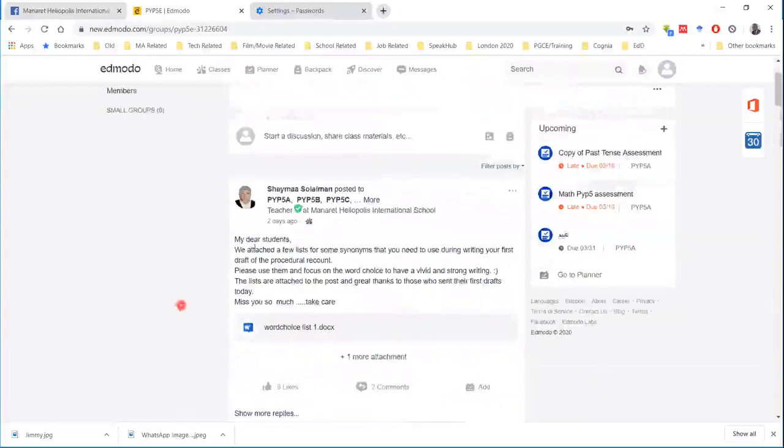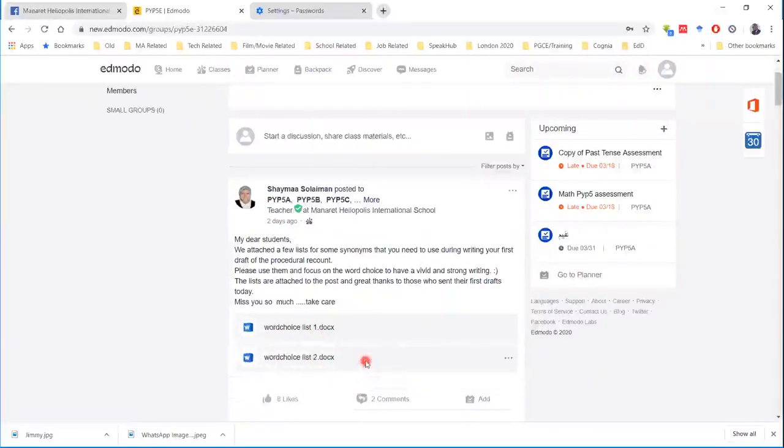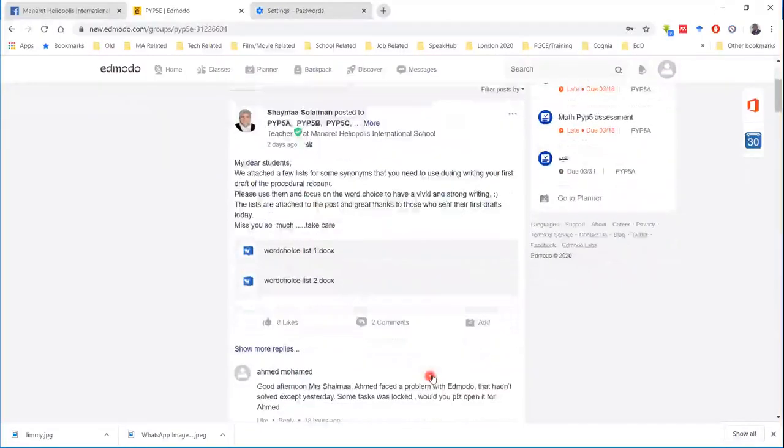This is the latest thing, and obviously this was posted last week, so I can see how long ago it was. It says here 2 days, and I can see who posted it, and I can see what it is they posted. If there are any attachments, the attachments are here, and if it says one more attachment at the bottom, I can see that too. So I can see there are two lists here which I need to look at. I can like